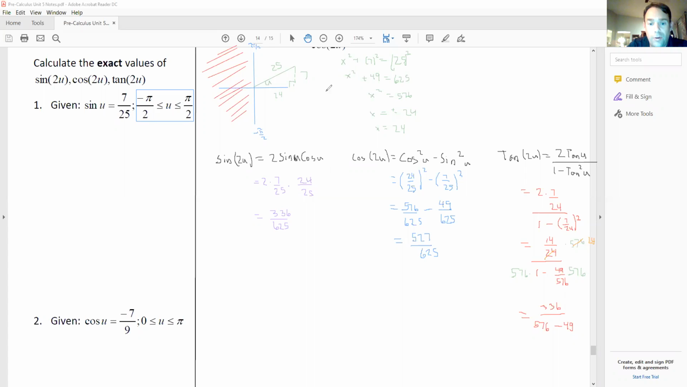All right, let's keep going here. And then we clean this up. And we end up with 336 over 527. So that's tangent of 2 theta. Now, notice, something we could have done here if we really wanted to. Tangent of 2 theta. Tangent is the same thing as sine over cosine. So another way you could have done this one